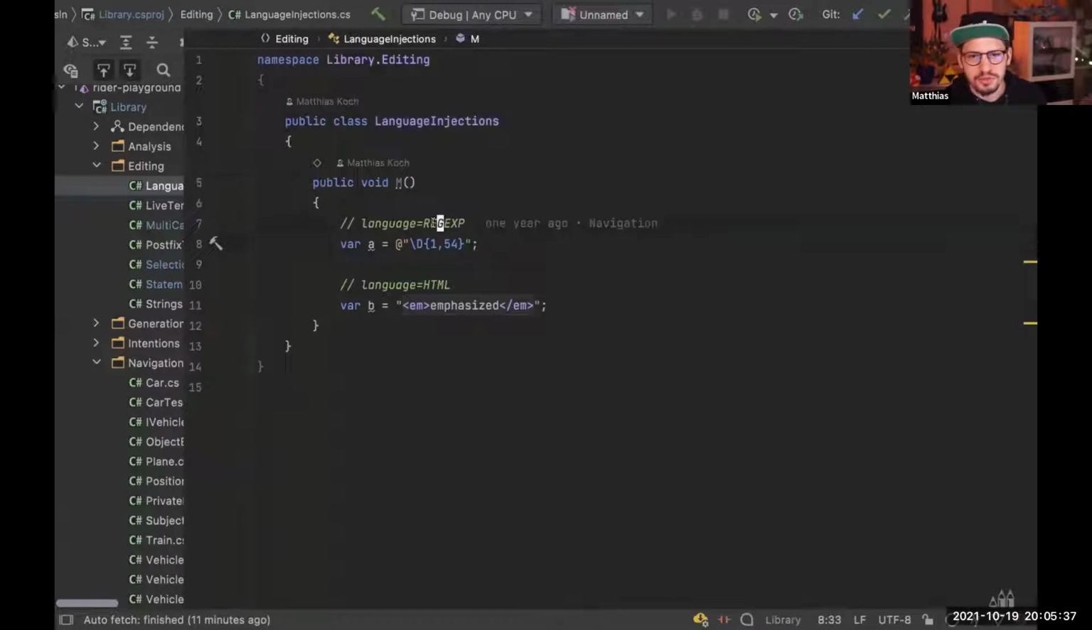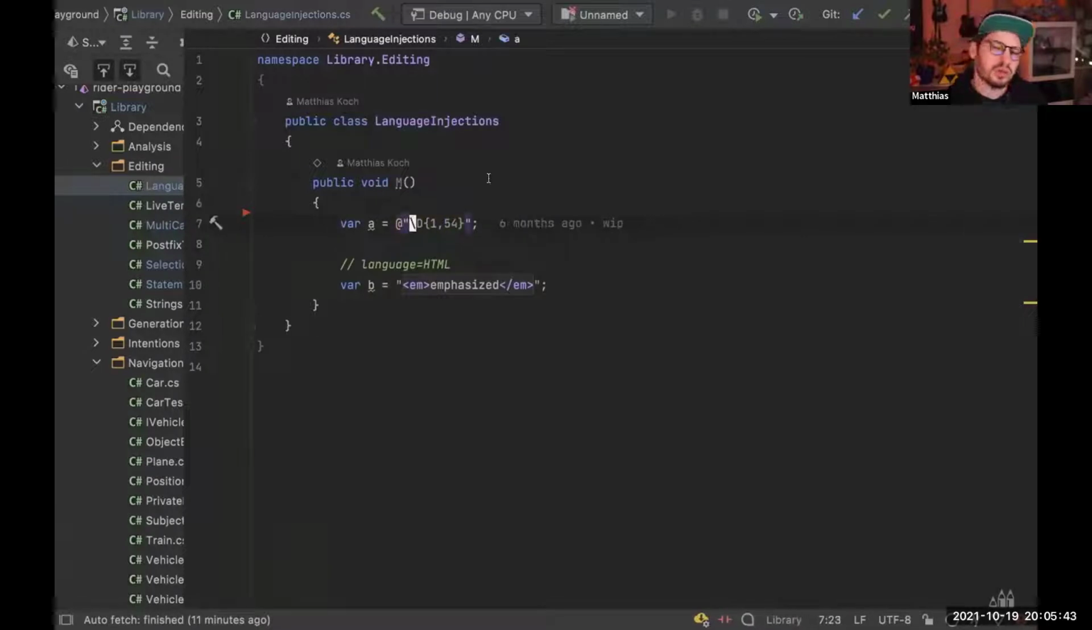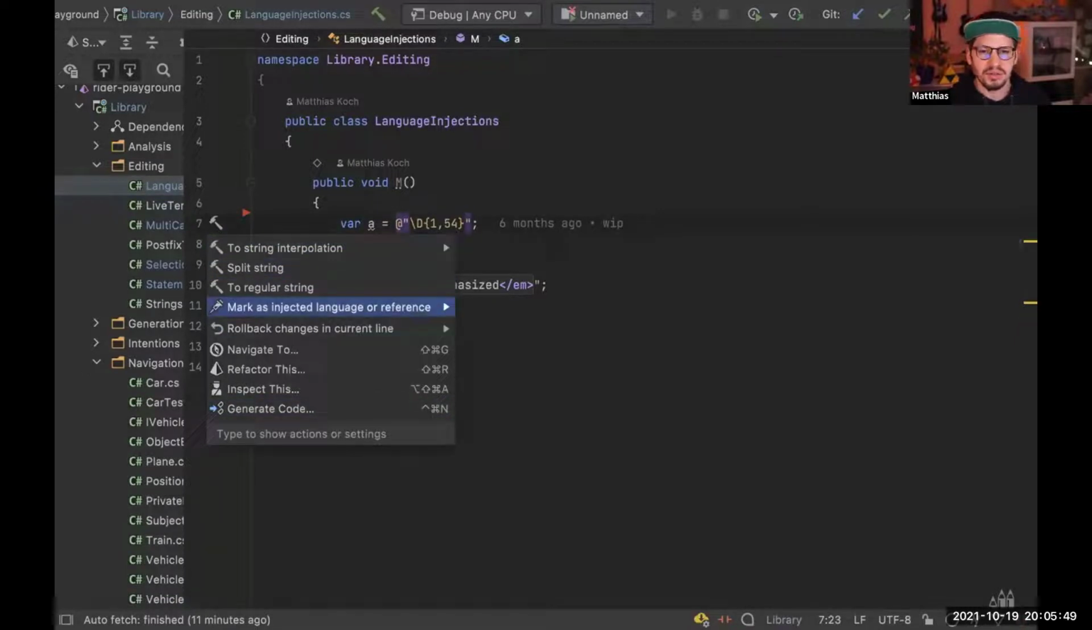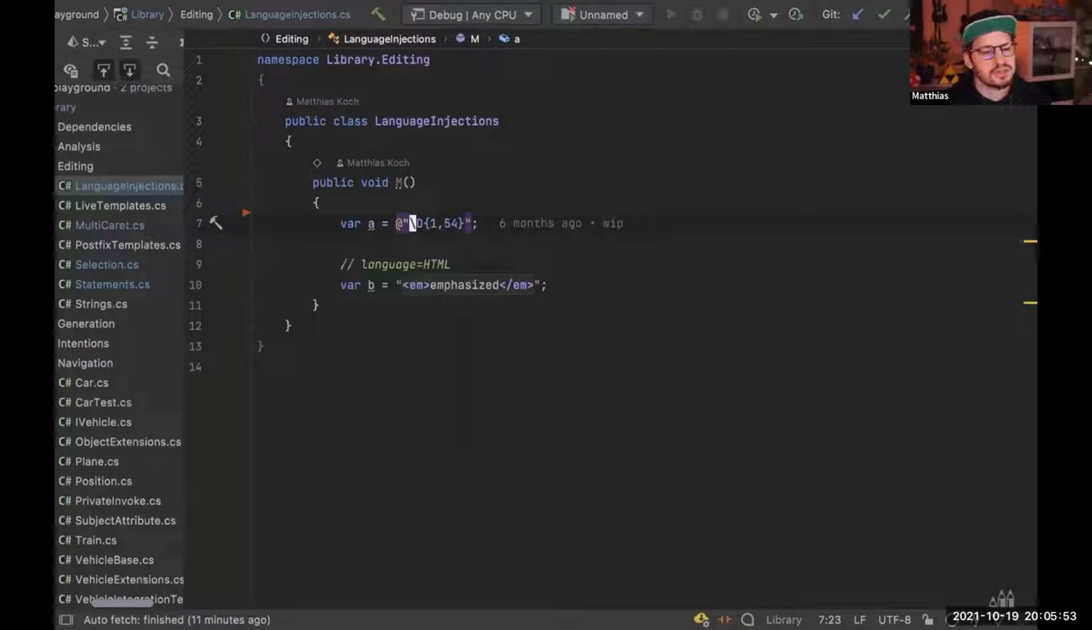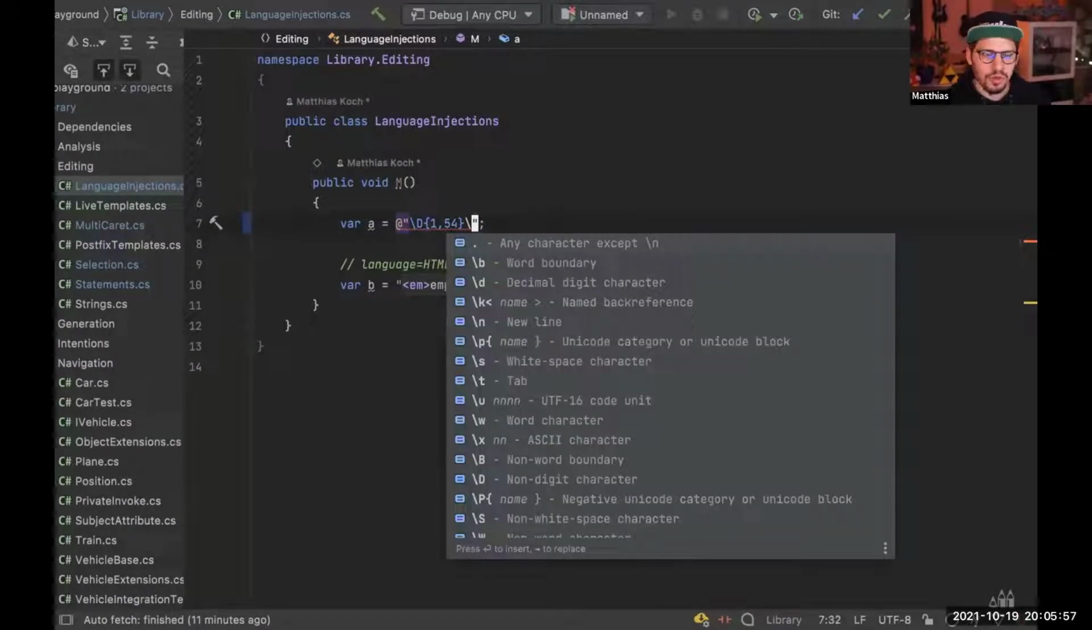Language injections. So whenever you have a string or something, and you actually don't need this comment. But if you have a string and you know this is a regular expression, you can Alt Enter, mark as injected code, and then say regular expression. This is something otherwise you have to constantly look up. Yeah. But with that selection, or by making it